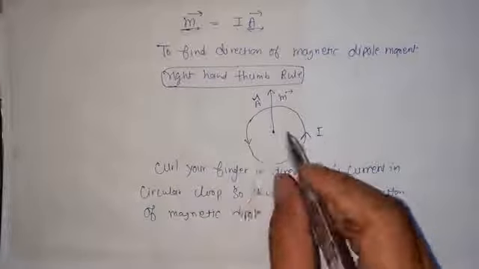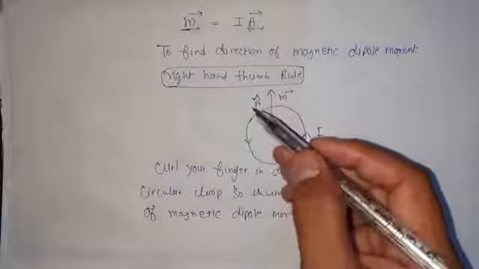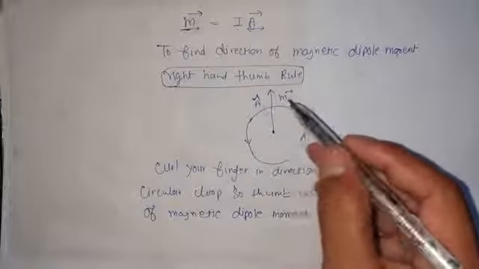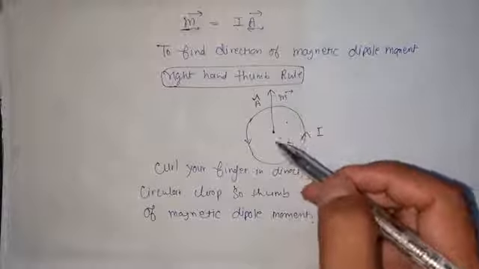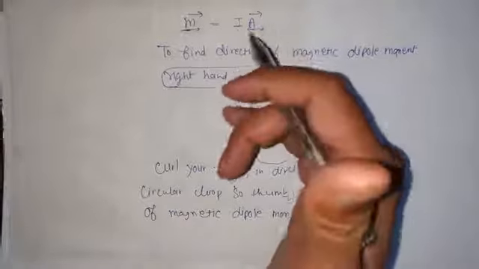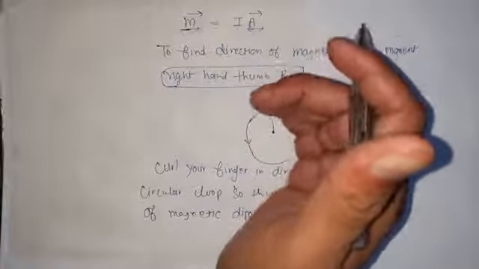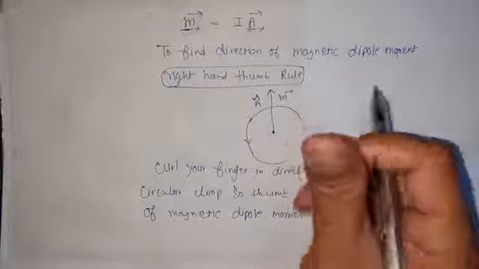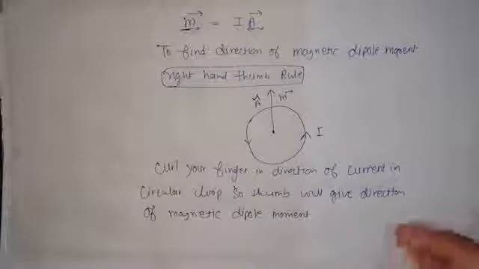So important to note, how do we find out the direction of this area vector? So there it is very simple कि हमारे पास जो एरिया वेक्टर है और जो मैग्नेटिक डायपोल मोमेंट है वो दोनों सेम डायरेक्शन में आते हैं. ठीक है, तो इसलिए जिस डायरेक्शन में करंट है आपकी फिंगर कर्ल होनी चाहिए उस डायरेक्शन में. ठीक है, तो जो थंब होगा that will point out in the direction of area vector. Okay, so that's all from my today's video.